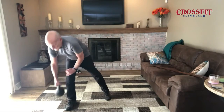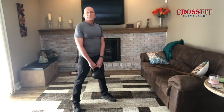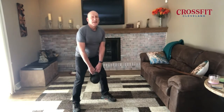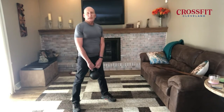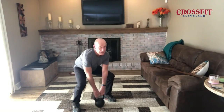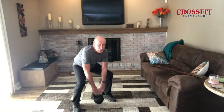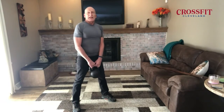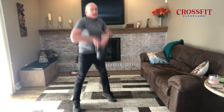A kettlebell sumo deadlift high pull. Now hold the kettlebell with both hands, wide stance, come down where your wrist is about mid-shin. You don't necessarily need to touch the floor unless you have a large, heavy kettlebell. So I'm going to be down, drive up, right under my chin, and right back down. Avoid an early pull. Don't pull with your arms. Make sure you drive with your legs and hips. Make sure you get everything out of that hip and leg extension before you pull up